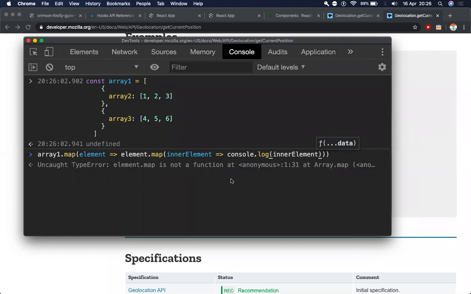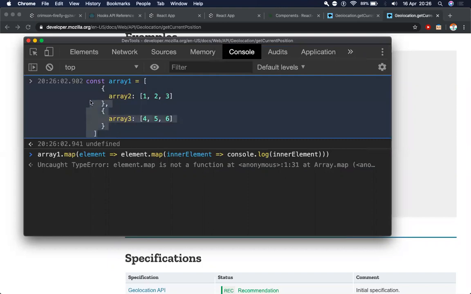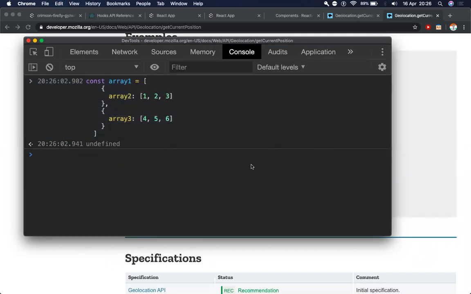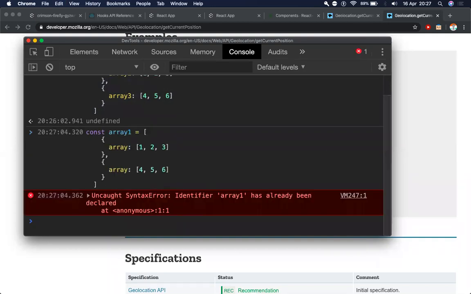Okay, element.map is not a function. Yes, that's right. You are right, console. So for now, I'll just cut this here, paste this somewhere else. I will remove this, and array1 has already been defined.